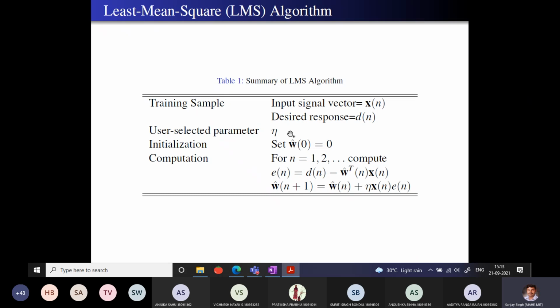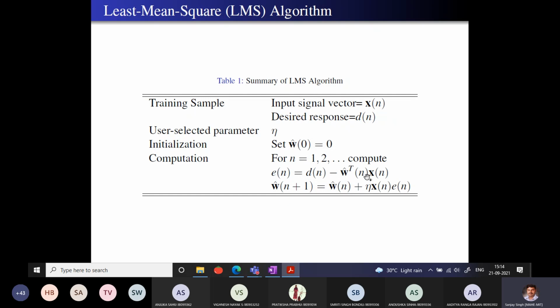Then for each training example, you start doing this. You find the error first. Initially, this will become 0 because the weights were 0. So this is 0 itself, no problem. Then you find the weight for the next iteration: the previous one plus eta times xn times en. Now W0 was 0 initially, and I'm talking about W1. This was 0 plus eta times xn, whatever the value of x is, and en, so at least d will be there. And keep on